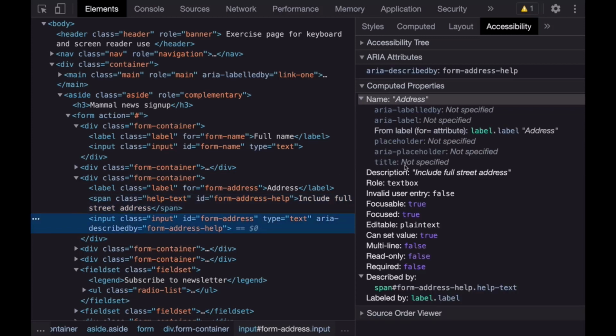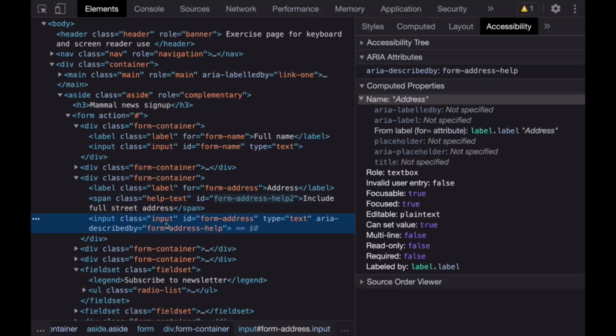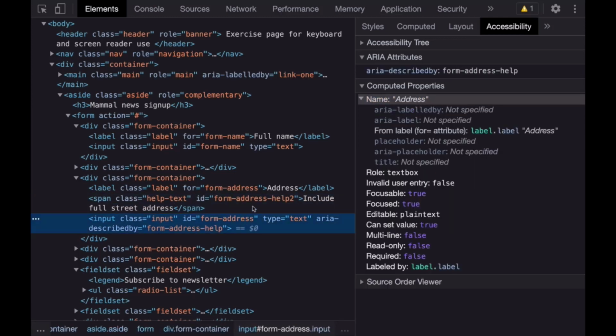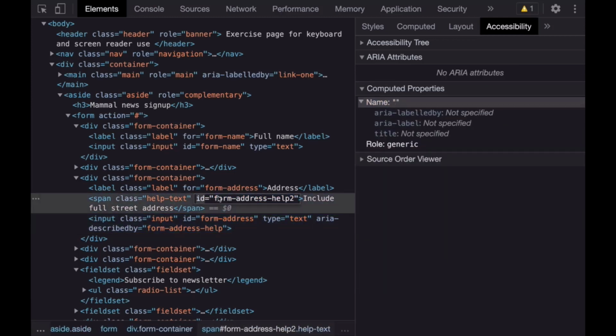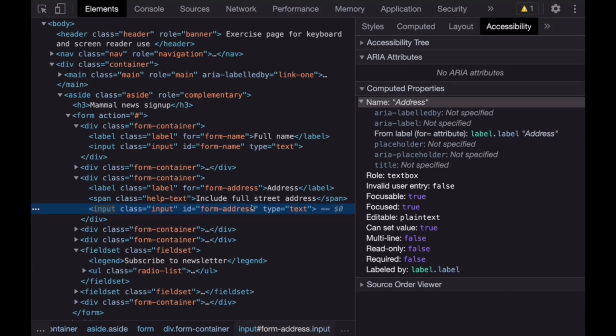And we can see this because the description is being displayed here. But what if it wasn't? An example might be, just as we did before, the values don't match up. And now if we click here, you can see while there's an accessible name, there's no description at all. And this could be either because the values don't match up, or more importantly, they just haven't used an ID and they haven't used an ARIA described by. And then you'll get an element which does not have a description.